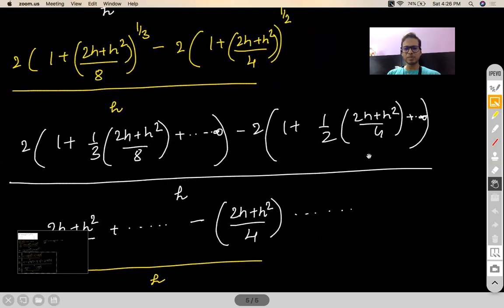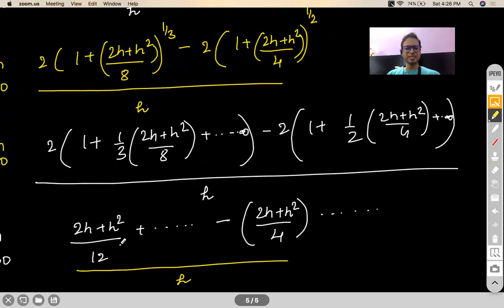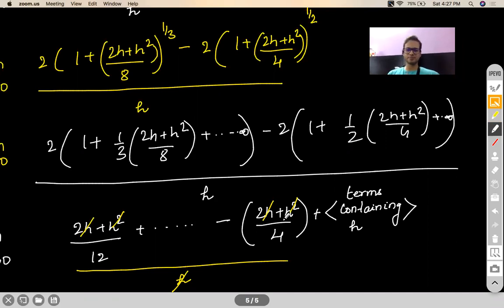Now, after this, what I'm going to do is cancel out 1h and 1h in the numerator and denominator. So this will go off, this will go off, this will go off, and this will go off. Now remember, other terms I have to fit in over here because I don't have space. Other terms would be containing h. You can say terms containing h will be left off. So what did I do?